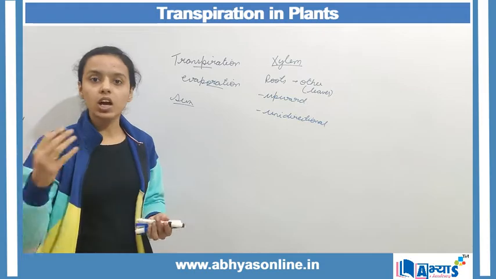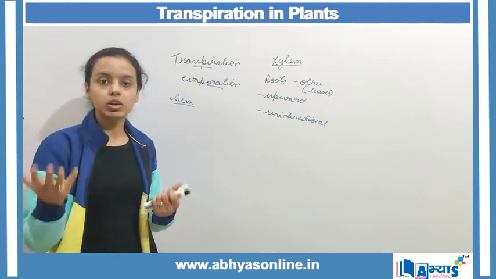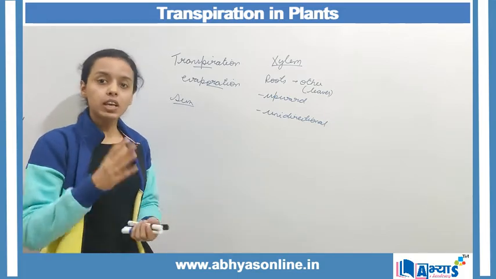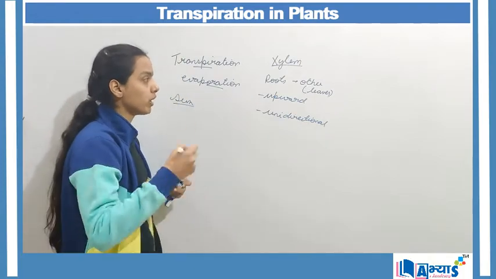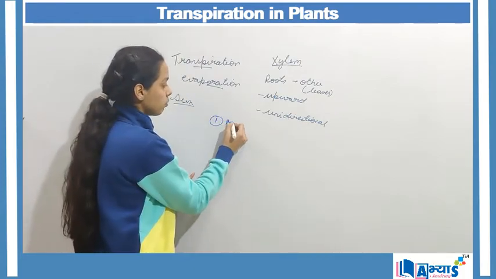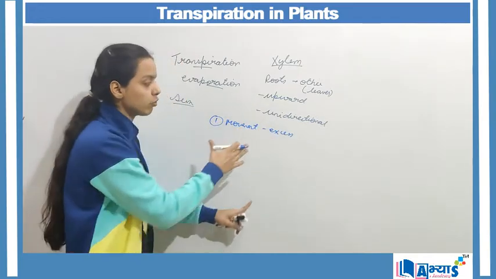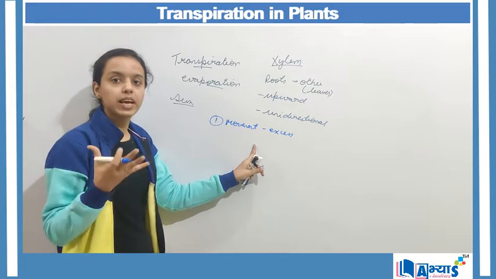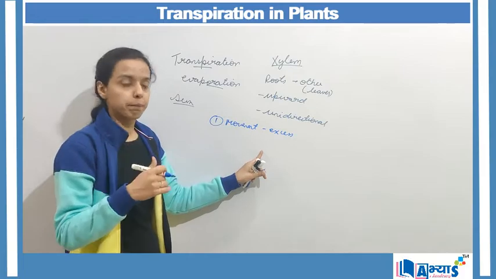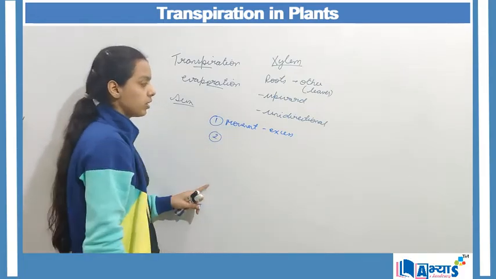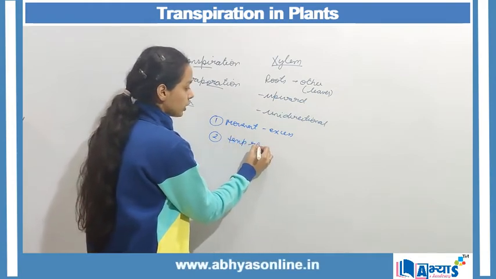Now we have discussed how the water comes inside the plant body and how the water goes outside the body with the help of transpiration. We can now discuss the various important functions of transpiration. The first important function of transpiration is the release of excess water. This excess water is removed with the help of evaporation from the surface of leaves or the surface of the stem.